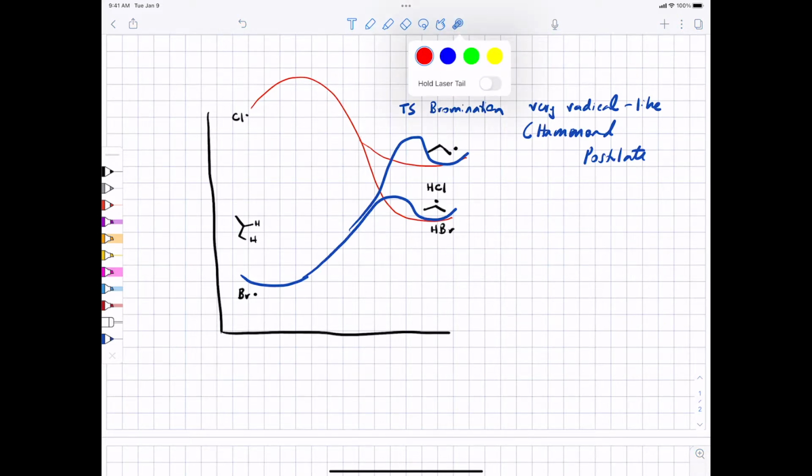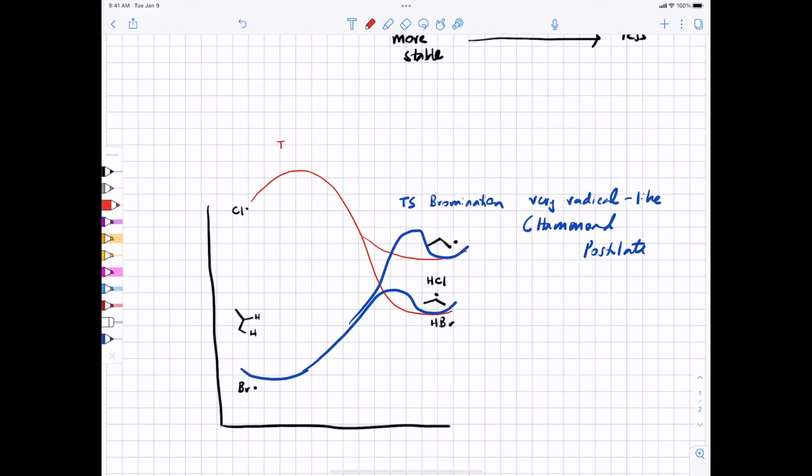In contrast, there's probably not a lot of variation in the transition state for chlorination, because that transition state is much closer in energy to your starting materials. It is not radical-like,